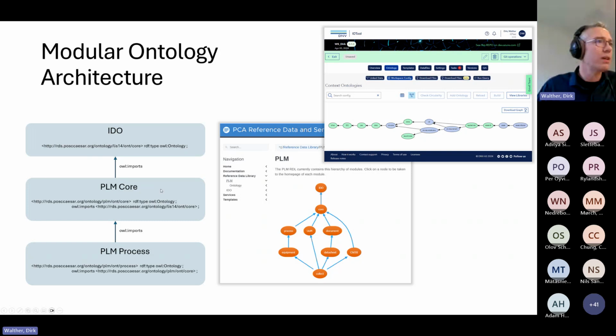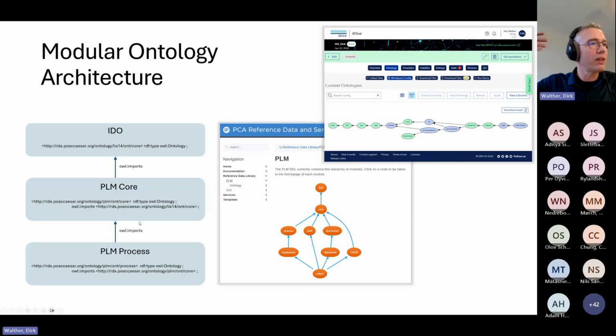So this is IDO. On the next level, we have PLM core. This is an ontology published by PCA. The identifier of PLM core is an ontology as well, and it is stated that it imports the IDO ontology. So this here is the IDO ontology identifier, and so on.